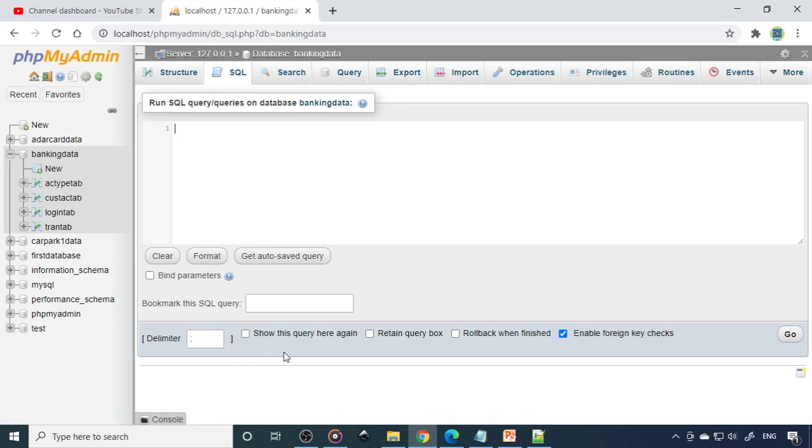So please try this. In the next video, let's start creating the pages, PHP pages. Then we'll communicate with these tables and we can send the data and retrieve the data, and we can do the project step by step. So try all these things, whatever we discussed today, and if you're successful, really good. Then we move on to the next topic, that is to create the PHP pages.